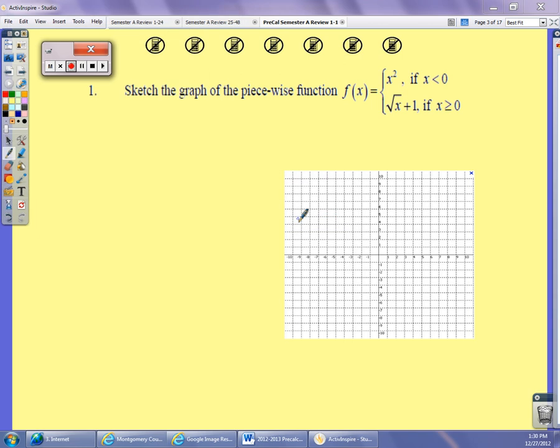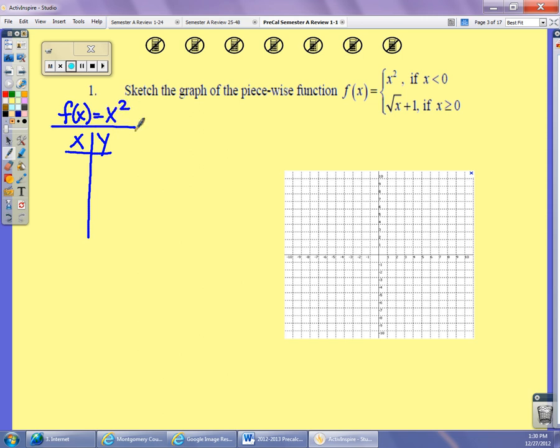We're on number 1 on our Pre-Calculus Semester A review packet. We're asked to sketch the graph of the piecewise function. Remember, we always start our graphs with a data table. So the first part of my data table is going to be for f of x, or y equals x